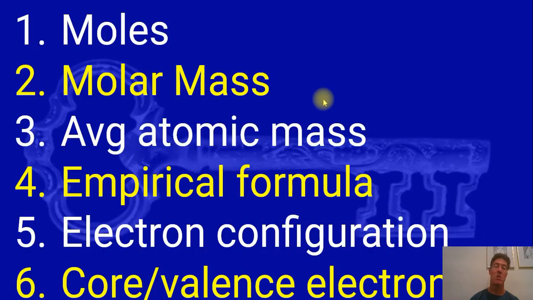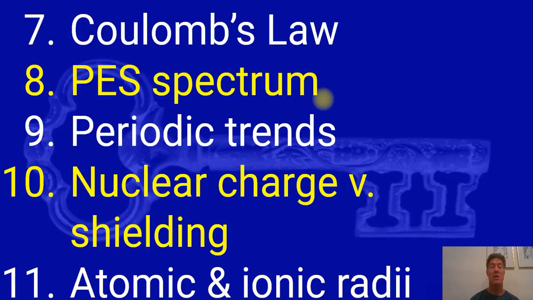So key concepts: the mole, molar mass, average atomic mass, which is the weighted average of the isotopes, empirical formula, which is the lowest ratio, which we can compare to molecular formula, electronic configuration, using our Aufbau, Pauli exclusion, and Hund's rules, the difference between core and valence electrons, Coulomb's law, where force is directly proportional to the product of the charges divided by the square of the distance, PES spectra that tell us the location of the various orbital subshells, periodic trends, how they're affected by those electronic patterns, the difference between nuclear charge and shielding,